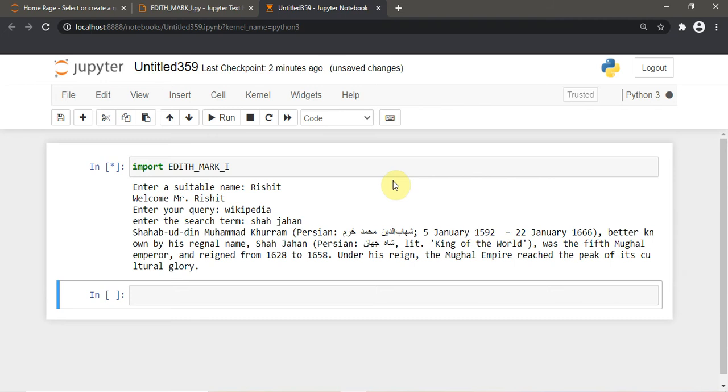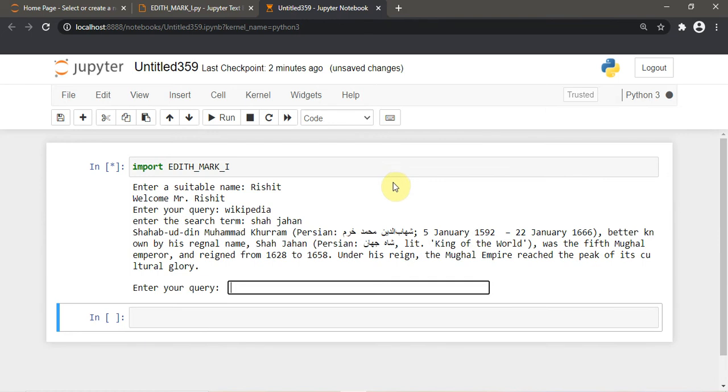King of the world, was the fifth Mughal emperor, and reigned from 1628 to 1658. Under his reign, the Mughal Empire reached the peak of its cultural glory. So we get three sentences from Wikipedia, and it also reads it out.